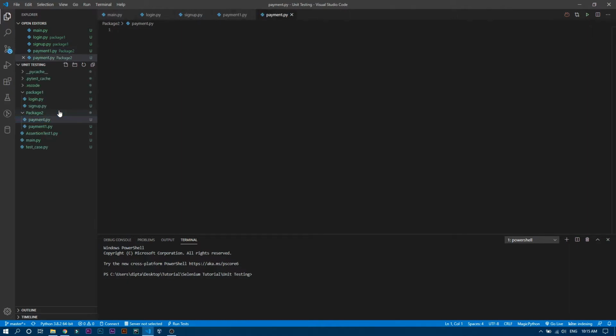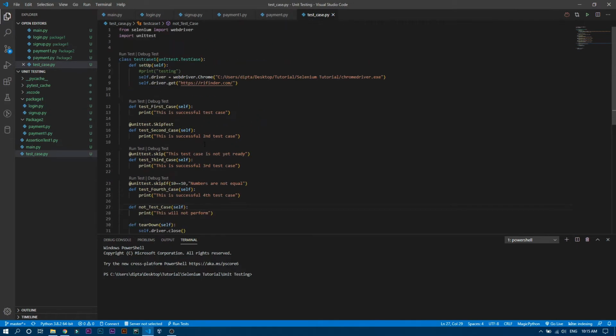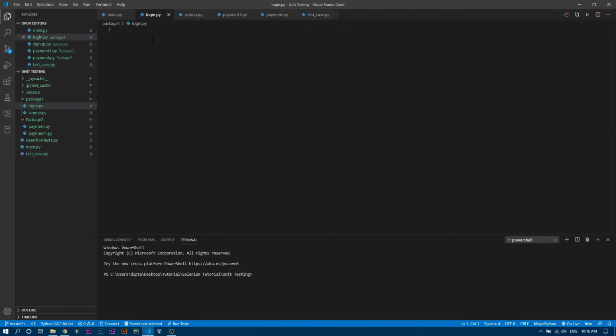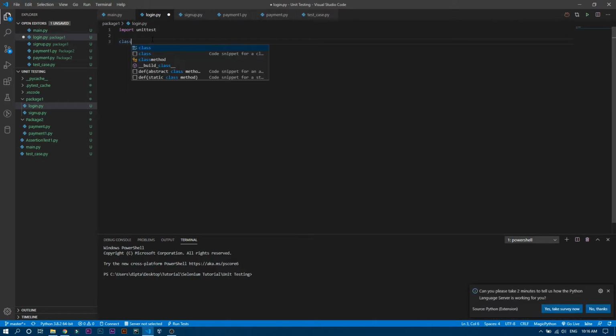So let's go into the login.py and let's make a file. I'll just open this one and copy the code from here so that I don't need to write the code multiple times. So import unittest, and then we're going to make a class, and that will be login.